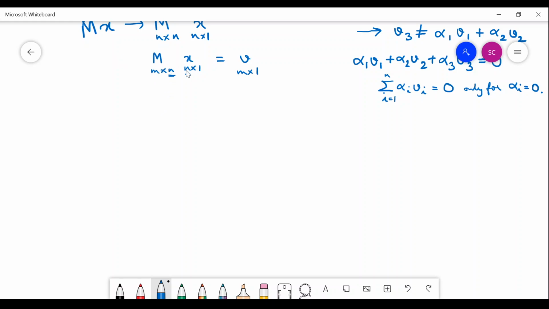So maybe, suppose n is 3, m is 2. Then you are taking a vector from the 3-dimensional space and putting it in a 2-dimensional space. Suppose n is 2, m is 3. Then you are taking a vector from a 2-dimensional vector space and putting it in a 3-dimensional vector space. So I am increasing or decreasing dimensions, or in other words, geometrically, what I am doing, I am